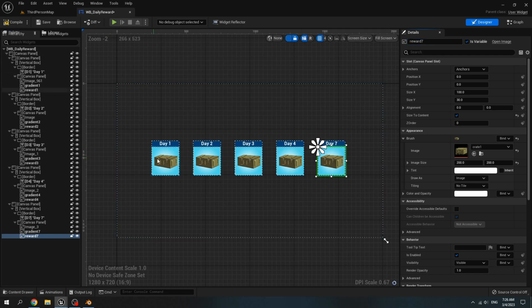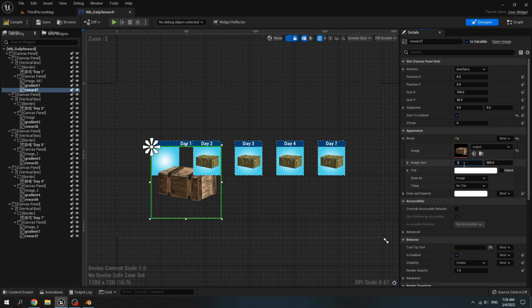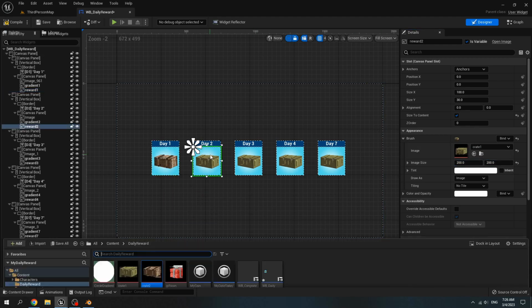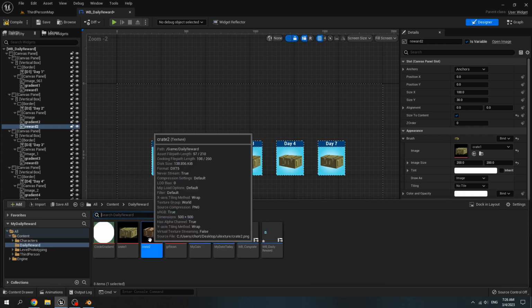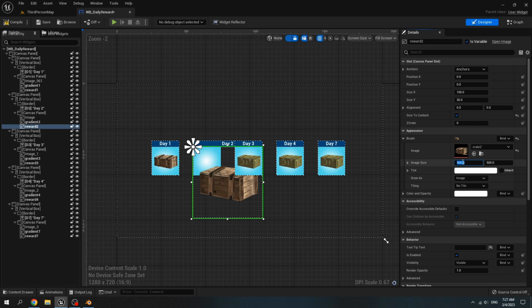Then for reward 1, use grade 2 as the image. The size is 200 and 200. And for Day 2 reward, use grade 2 as the image. Image size is 200 and 200.